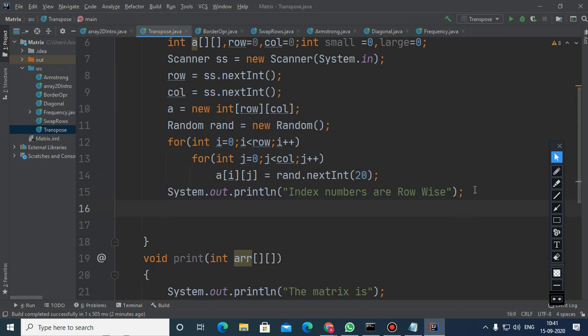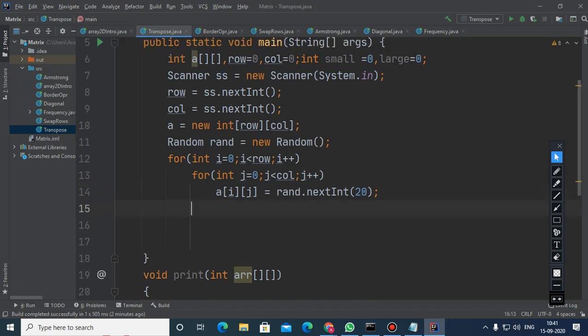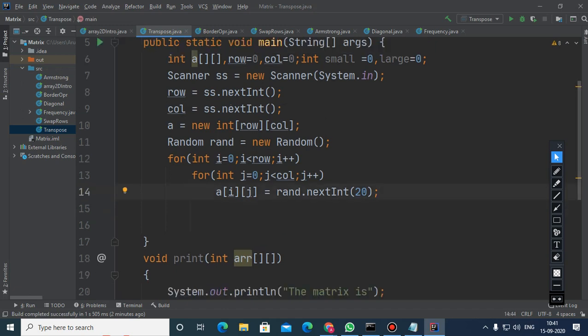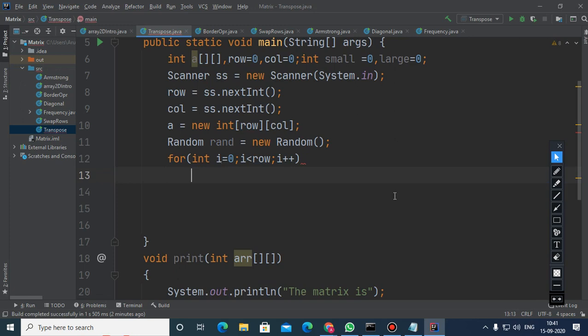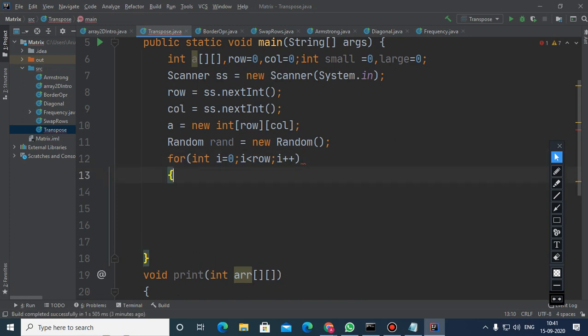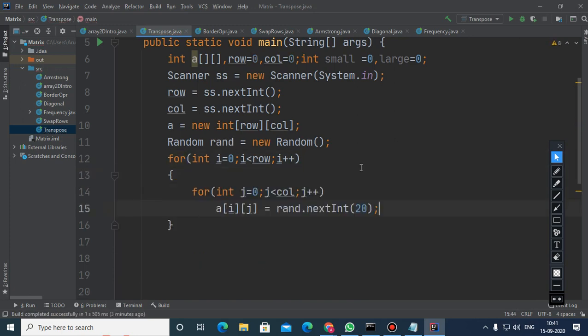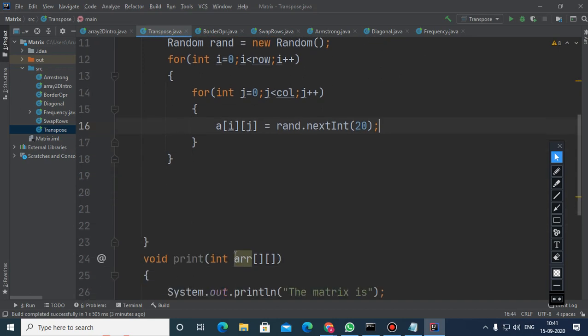So in order to transpose, children, what to do? First of all, I would like to show you the index numbers, because every time whenever you do any program, index numbers are very important. Okay.